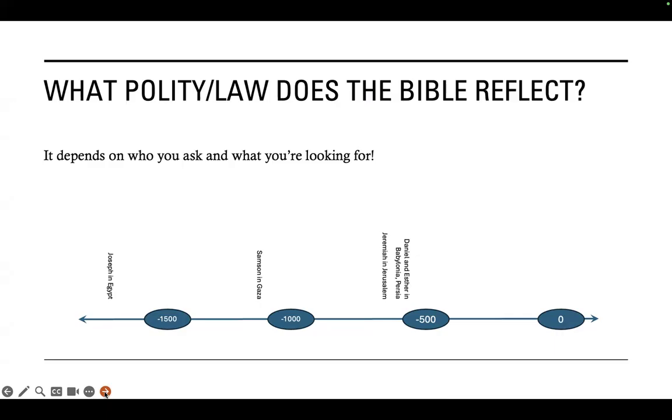And each of these stories is telling you a story about a particular place, right? So the Joseph story tells us something about the Middle Kingdom of Egypt. So if we were to take it on its own terms, we would assume that it was written in minus 1800, so 1800 before Common Era. Similarly, Samson in Gaza is a story that reflects the period of the Judges. So this is before the kingdoms of Israel and Judah, which we usually date to around 1000 before the Common Era. And the story of Samson would be a couple of centuries before that, right?